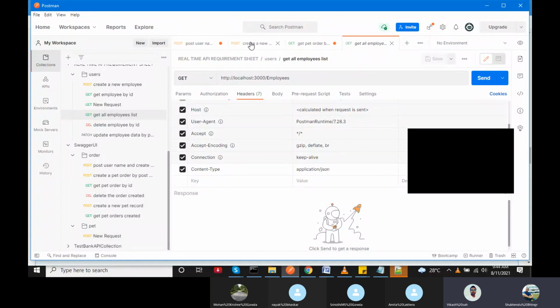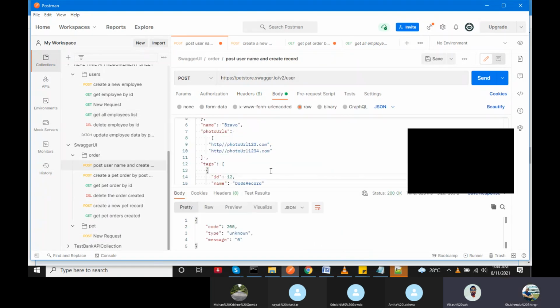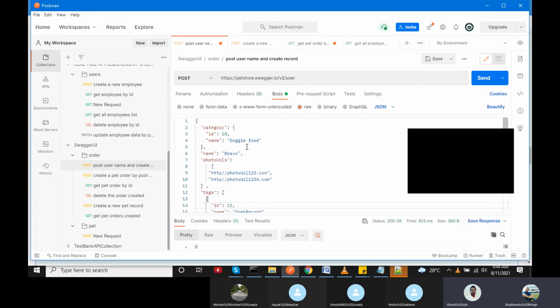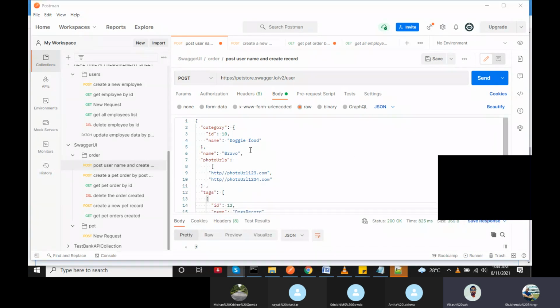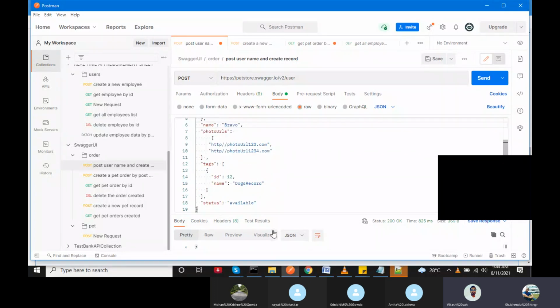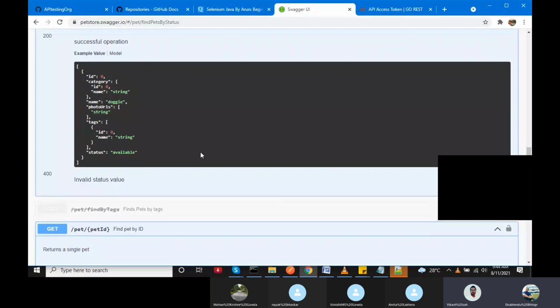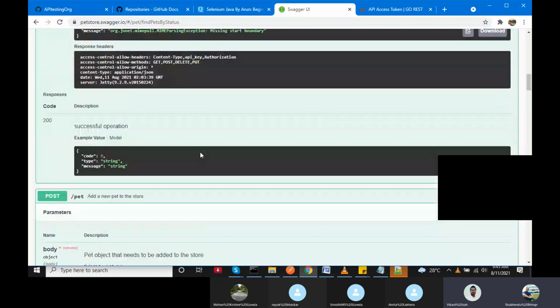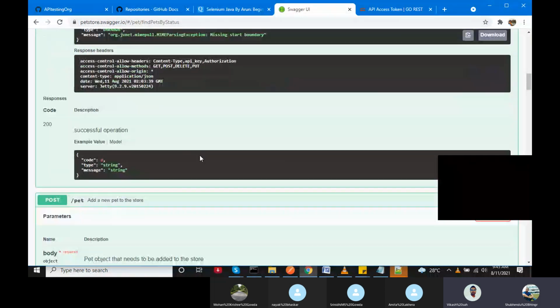Can you show me here? I have created this one. In this Swagger, I want to create this record. I created this JSON object, and same I was doing, like it is said in this. First I want to create, post one record, and then I want to get.